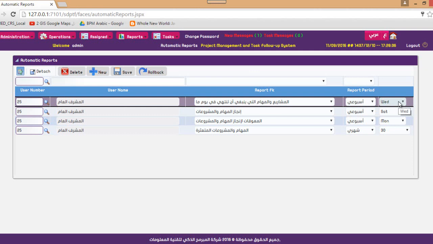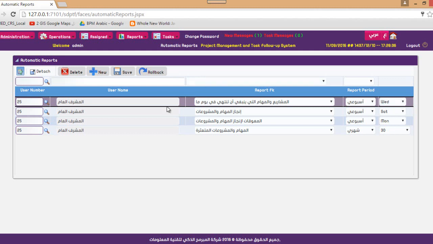So in automatic reports, nobody is sending a report. The system itself is going to come weekly on Wednesday, calculate the percentage of all projects, and send an email to the general supervisor.